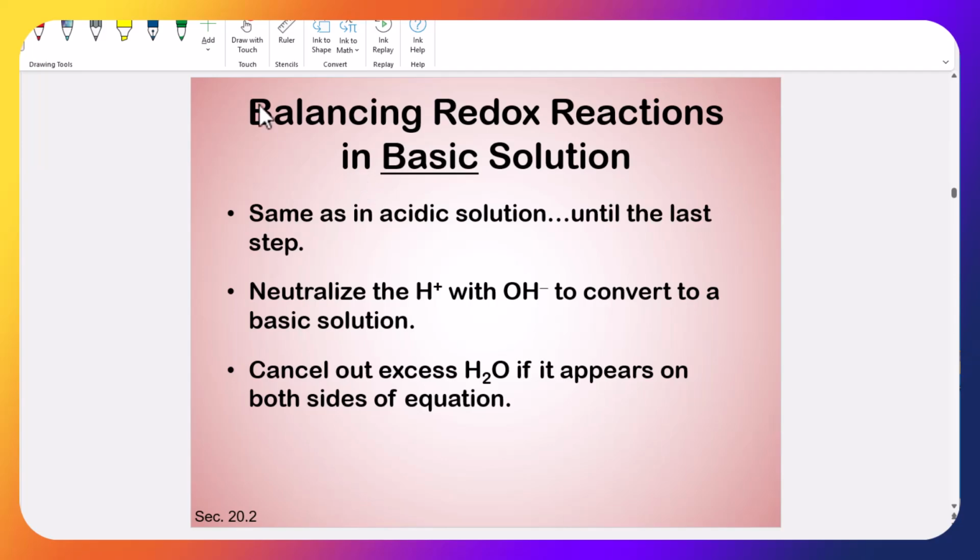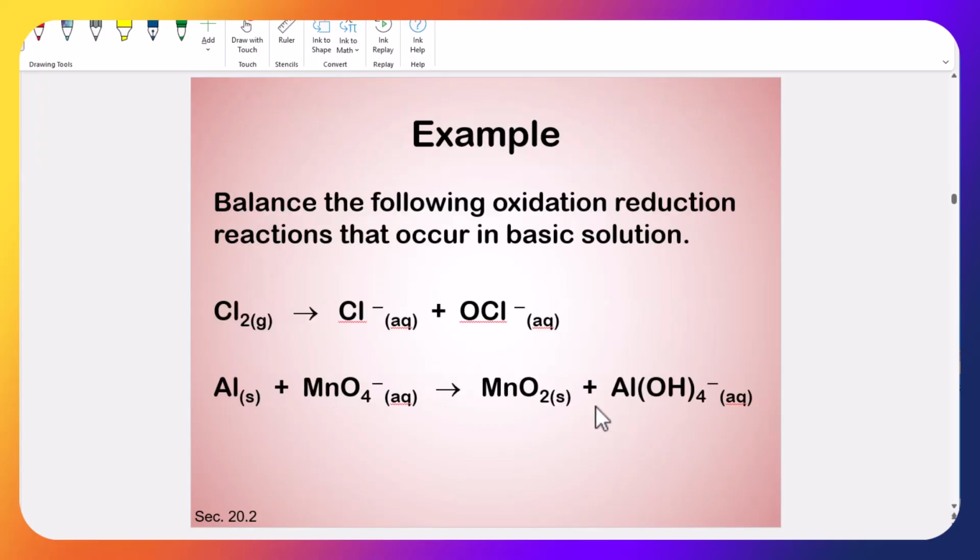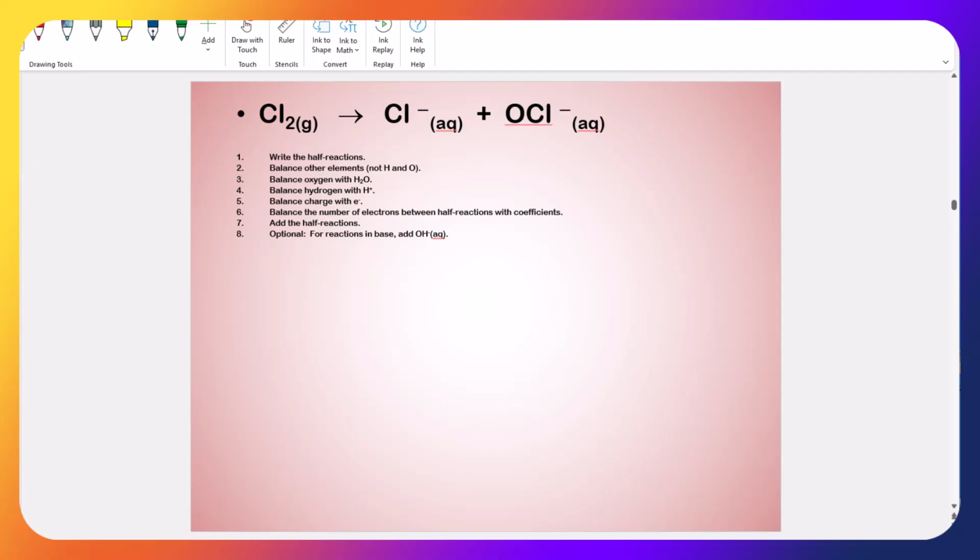So we've already talked about balancing redox reactions in basic solutions, same as in acidic solutions until the last step. Then you simply add hydroxide. You neutralize the H plus with hydroxide to convert to a basic solution, cancel out the excess water if it appears on both sides of the equation. So here are 2 reactions. Let's just get right to it. Already set it up. So first thing,